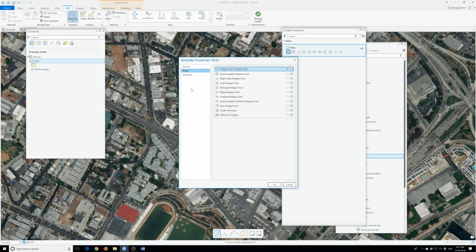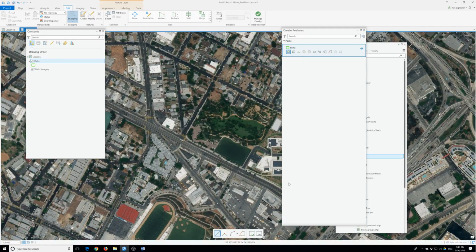So when we create a new feature in the layer, this drawing tool, or construction tool as it is called, is selected by default, polygon. And we can set default attributes, such as a value of state park for new features. So attributes are right here. And we don't have to change any of the settings, so that's why we're going to click cancel to close the